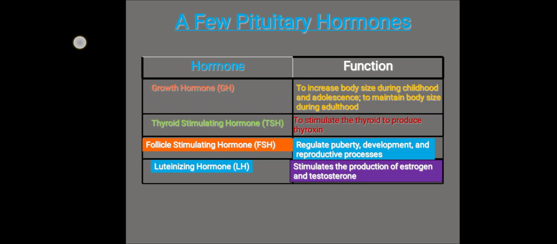Now let us learn about the growth hormone released by the pituitary gland. Hypersecretion means oversecretion, and hyposecretion means less secretion or undersecretion. If there is oversecretion of growth hormone, that will lead to gigantism in childhood and acromegaly in adults. In acromegaly, the bones of the face, hands and feet enlarge. Undersecretion of growth hormone will lead to dwarfism in childhood.